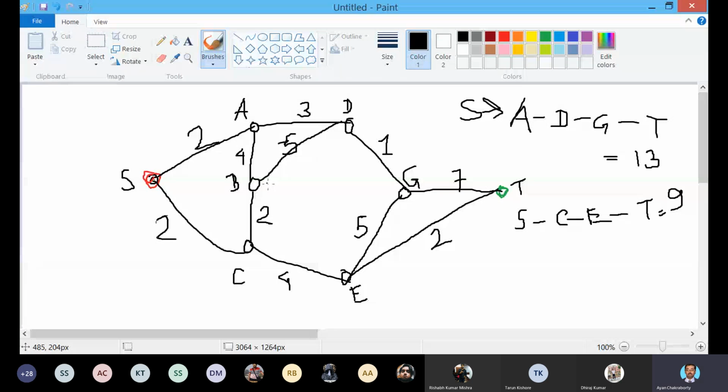Again from 3 to 2, then now it is difficult for us to choose which one will be the most suitable child to proceed further, A or C. Both of them have the same value. So now it is difficult for us to choose which one is the best possible child to proceed further. This type of problem is called the plateau problem.